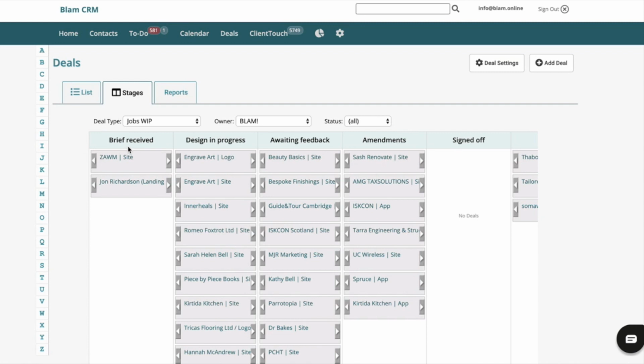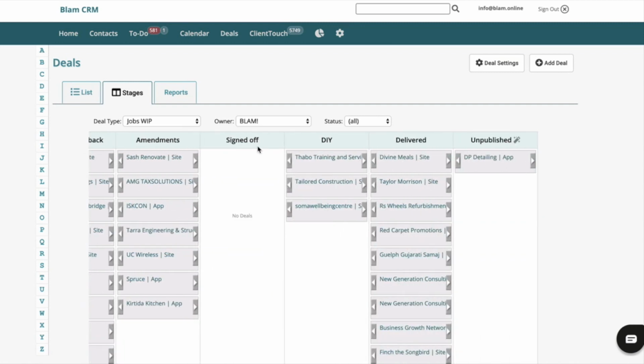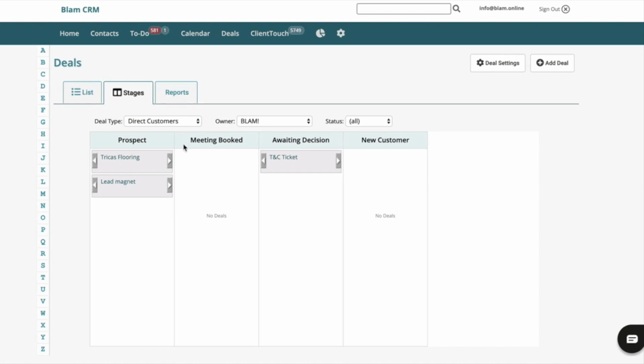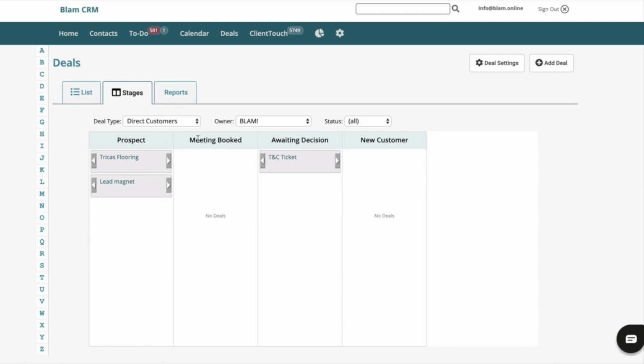management. Now, as this is set up for our design company, but it might be that you have got a different kind of business where you can set up the deals, and this is your deal funnel in the order that you like. So this is a little test one that we've got, whereby if you've got prospects here that then go through to meeting booked, then awaiting decision and new customer, you can configure these stages in it any